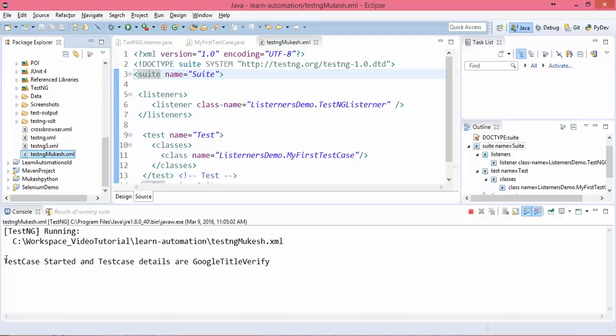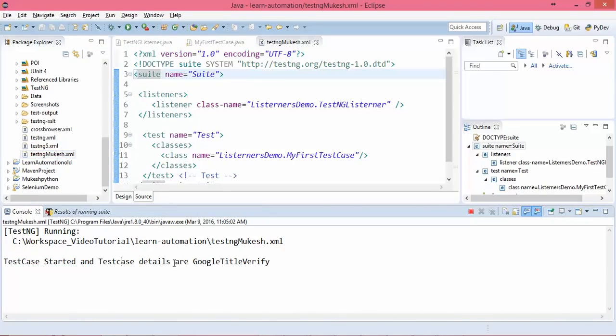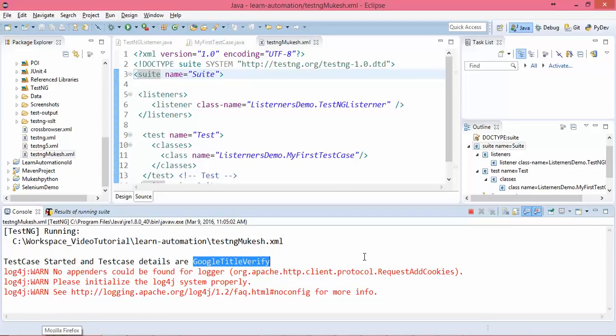See, again we are getting the same thing. Test cases started, and the test case details are Google title verify. Since Firefox is taking time, the execution is a little bit slow. So in the next videos, I will use Chrome because Chrome is faster and doesn't take much time.